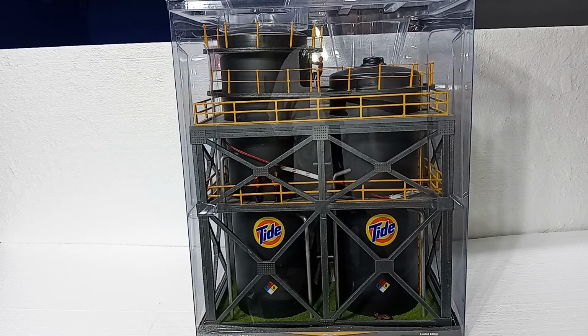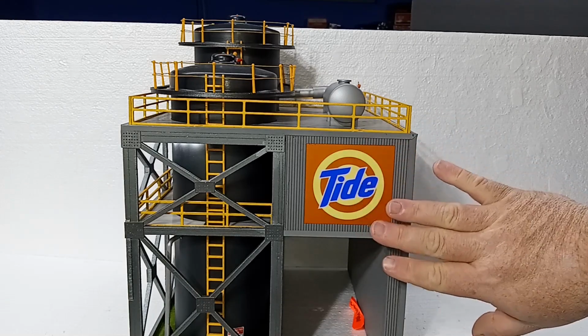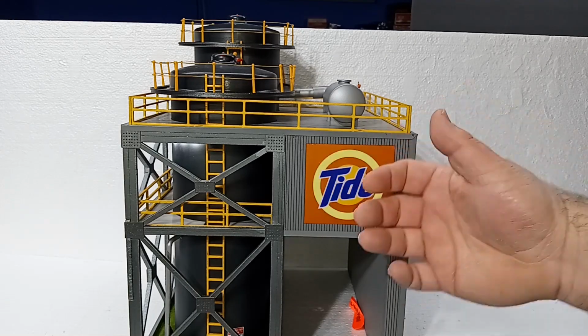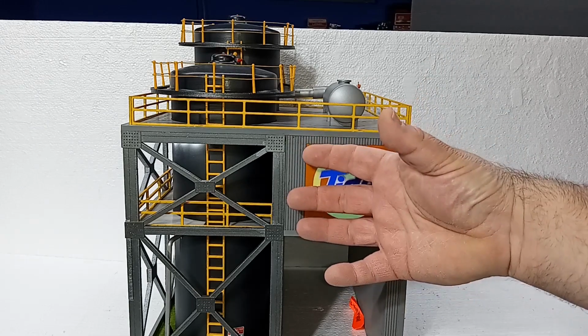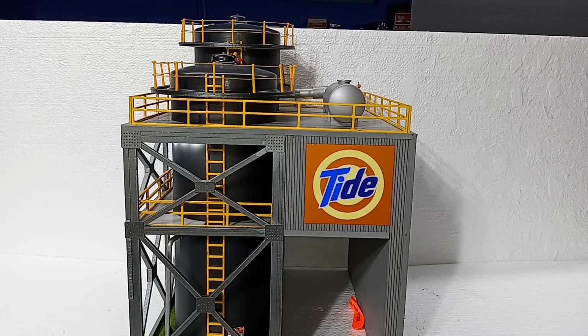And the other reason not to buy the Tide Factory, if your layout is in a high humidity, high heat area, such as the South, such as the Midwest in summer, if you're in a garage or an attic someplace that does not have climate control for your layout room, I would be very wary of using this press board because the humidity can cause warping, can cause things to peel off, and generally lead